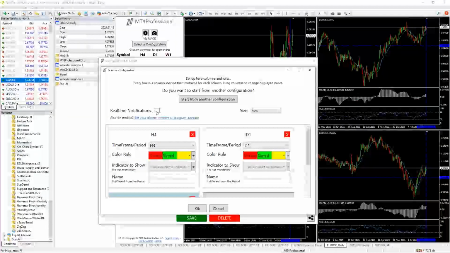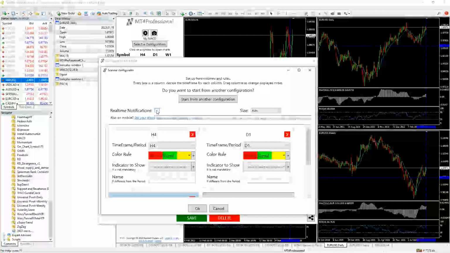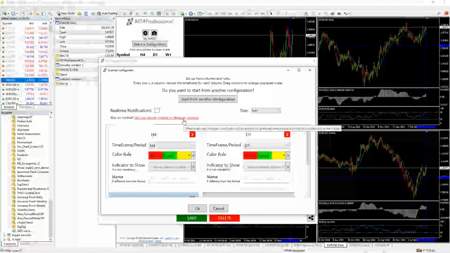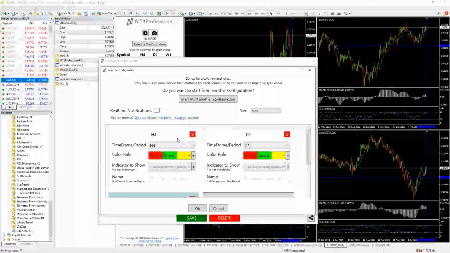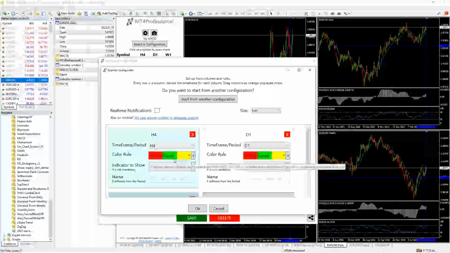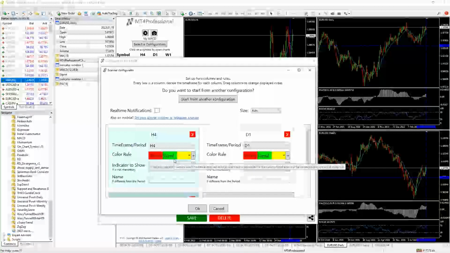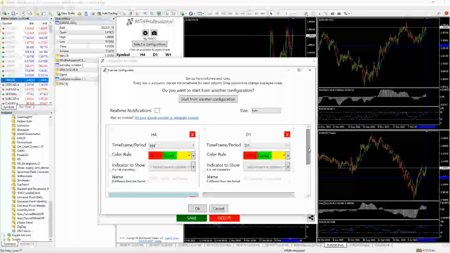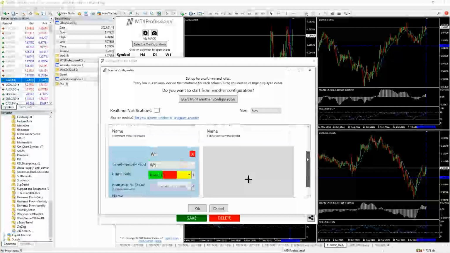You'll get notified through real-time notifications, either on the system, through MT4, through email, through your phone, through your Telegram account, or however you set it up to alert you and to notify you that these conditions have been met to satisfy your criteria for a potential trade entry or bullish or bearish trade setup. So it has the ability to scan for those and to let you know that.